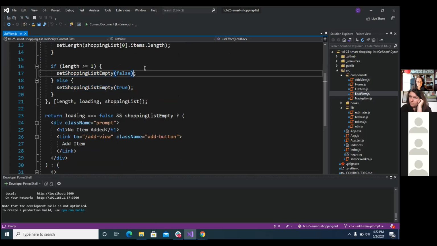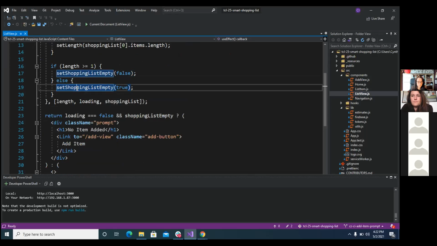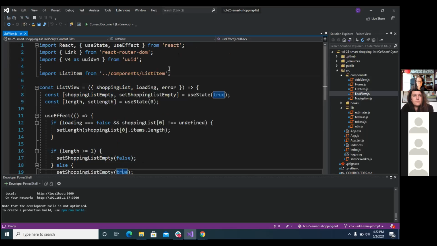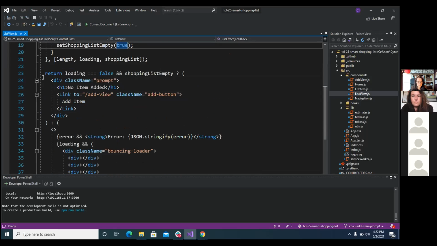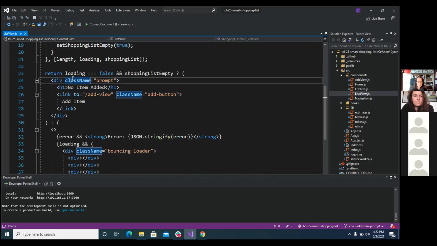Also, in case items are deleted, this else statement will apply, so it will set it to true. And also we created this prompt here. So if the loading has finished,